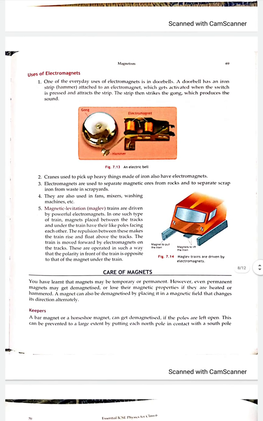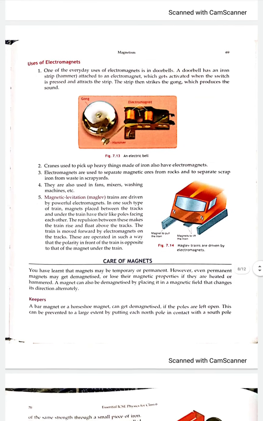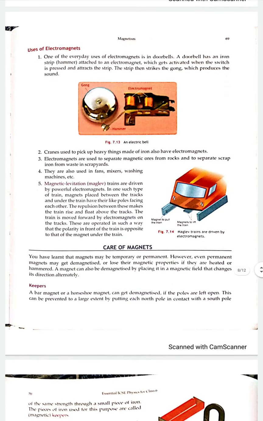A permanent magnet doesn't remain permanent for a long time interval. Even a permanent magnet loses its magnetic power with time. So in order to keep the magnetic power of a permanent magnet for a long time interval, we attach certain magnetic materials to the poles of the magnets, which are known as magnetic keepers.